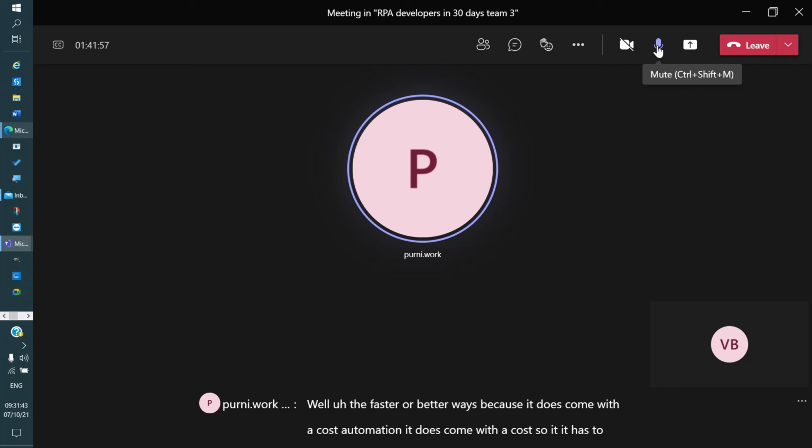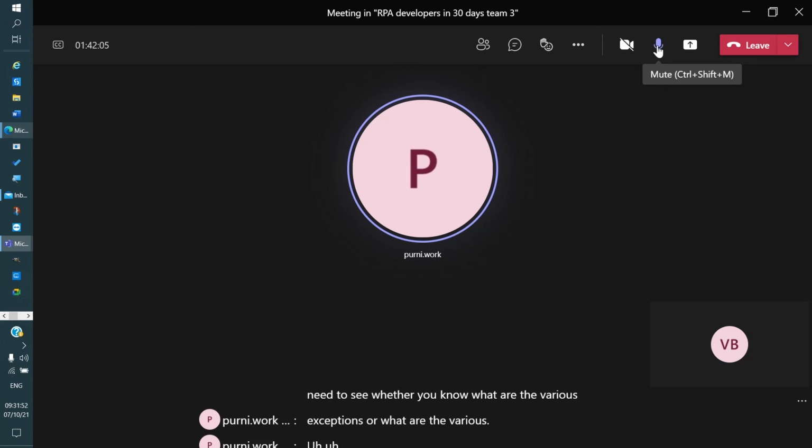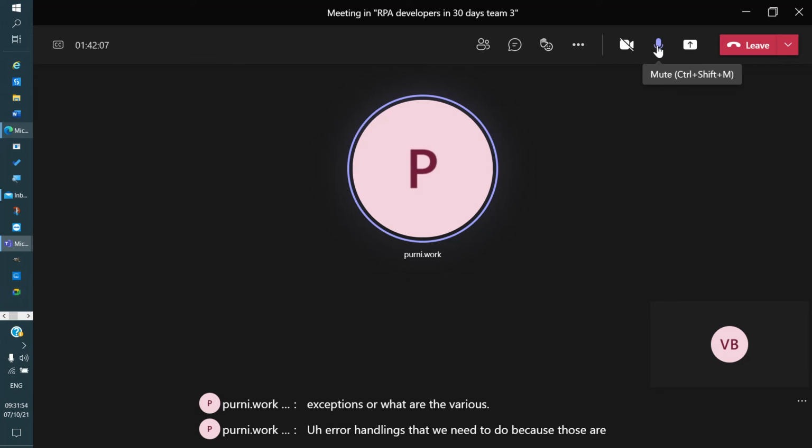And we also need to see what are the various exceptions, or what are the various error handlings that we need to do, because those are equally important. Like, what if the transaction fails, what do we do next, whether those sequences are also possible to be integrated into the project.